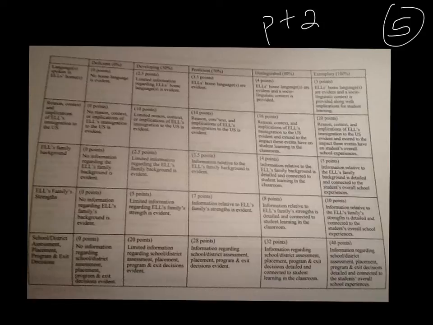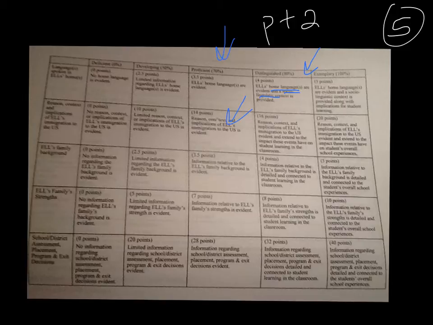For languages spoken at home, for proficient, you just identify the languages spoken at home. For distinguished, you tell me the languages spoken at home and what the sociolinguistic context is of your students. For the next section, it asks about reasons or contexts for why the ELL students in your classroom have moved